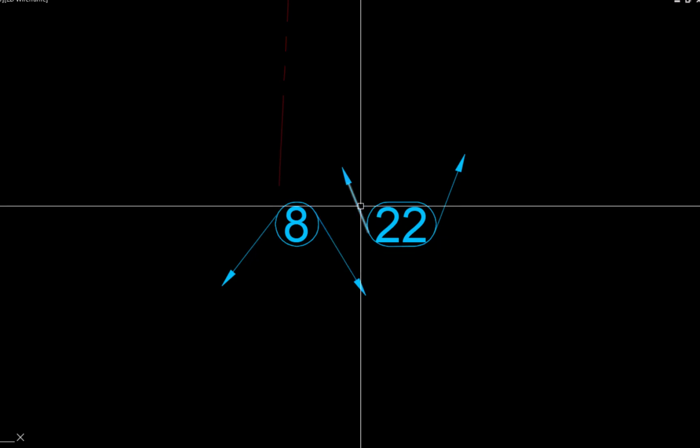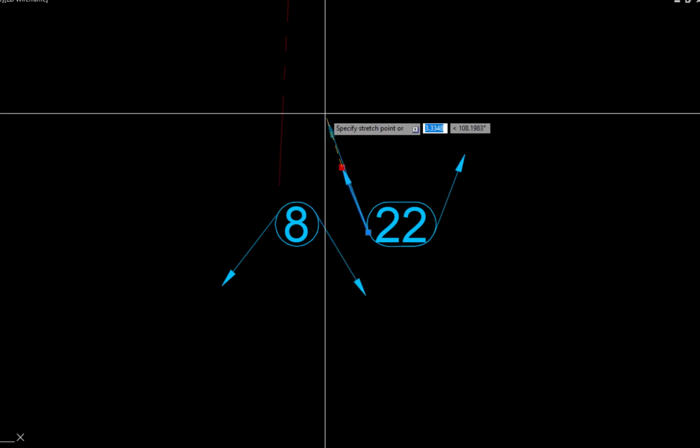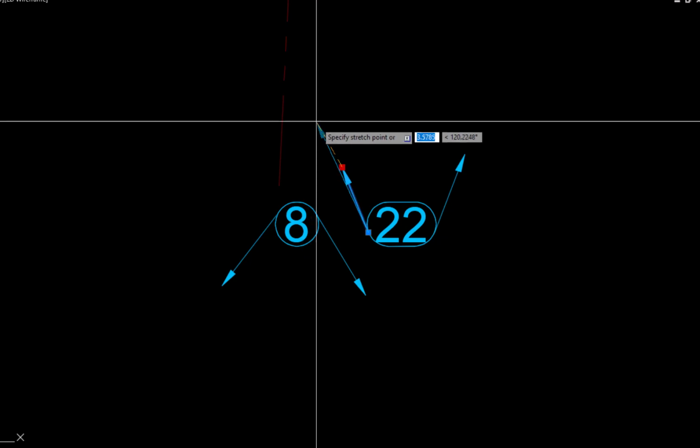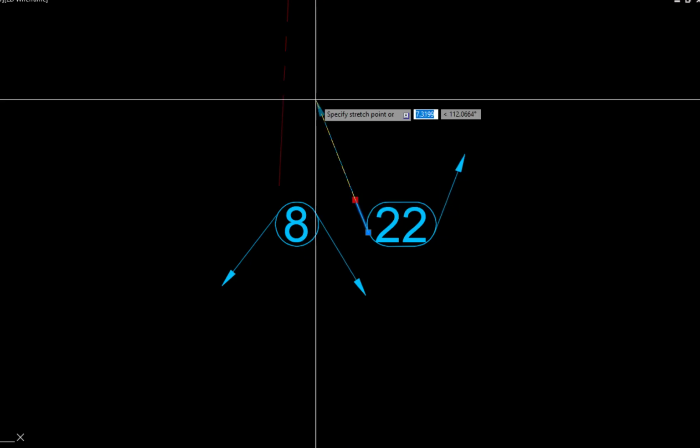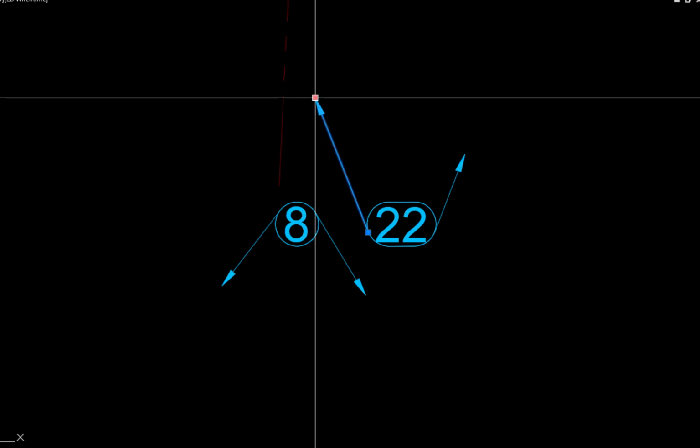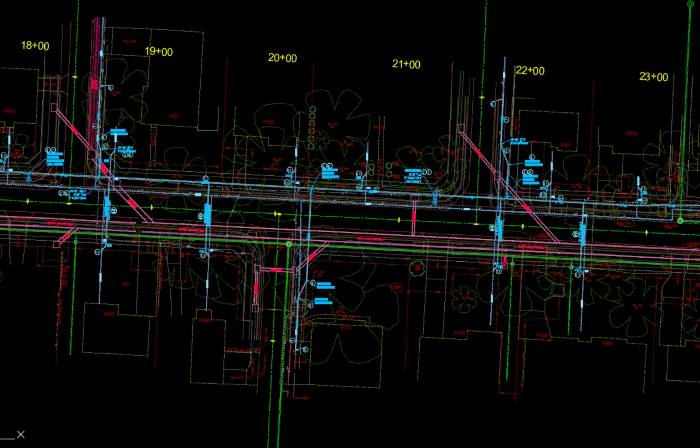Escape. Pick the leader, pick the square grip, and elongate or shorten the leader using the orientation of the current leader as a guide. Escape. For this video, the construction reference labels used in the Kincaid Road Improvement Project have been inserted into the